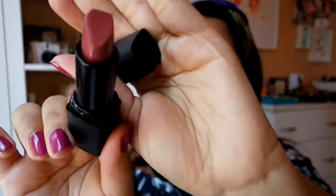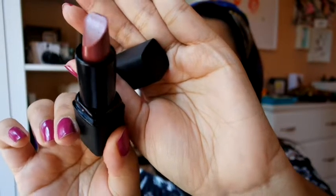I kind of feel like lipstick should be completely in the packaging itself, and then you can sort of take it out, but it looks like you do get a lot of product, and it's an interesting shape. I'll show you if you can see, it's sort of in this kind of hot diamond shape. Presumably it'll make it quite easy for you to get a really clean line, but I am disappointed that some